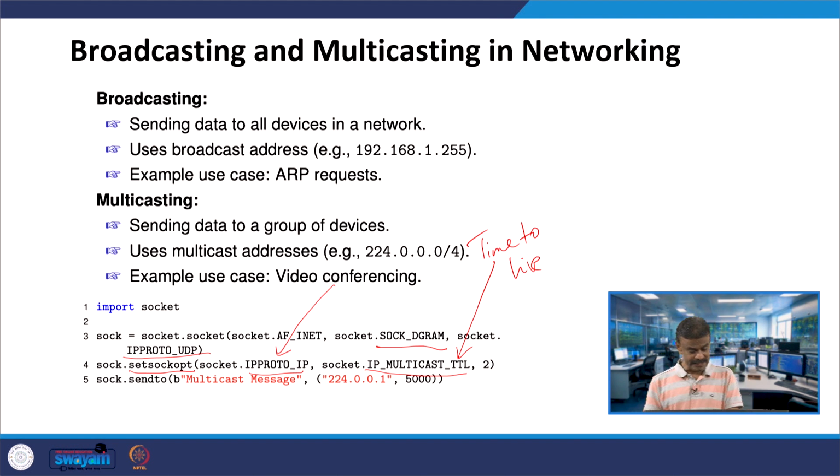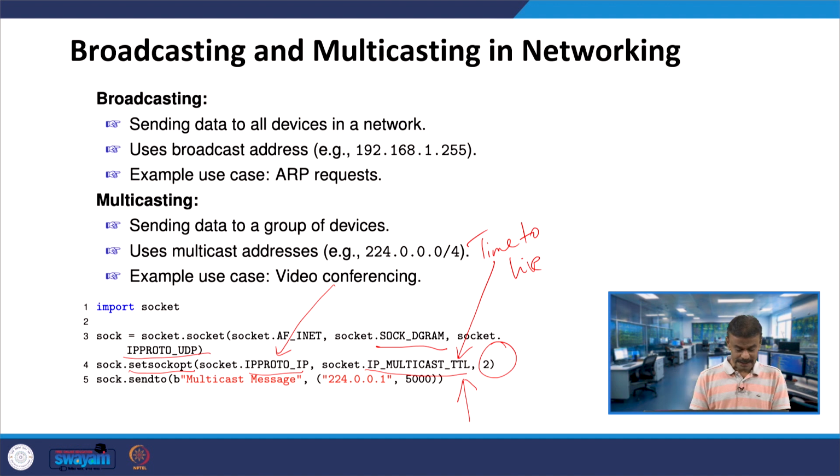The TTL controls the number of hops a packet can travel before it is discarded. Setting it to 2 allows the packet to travel across up to 2 routers. That is the meaning of this particular line.